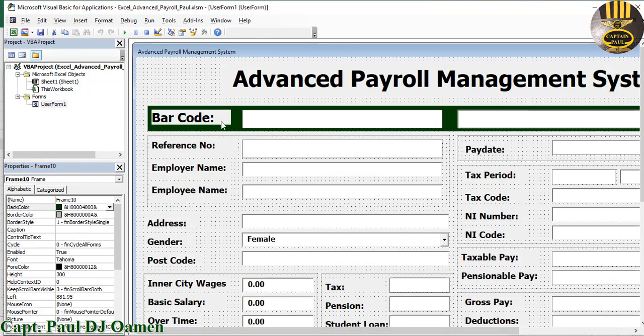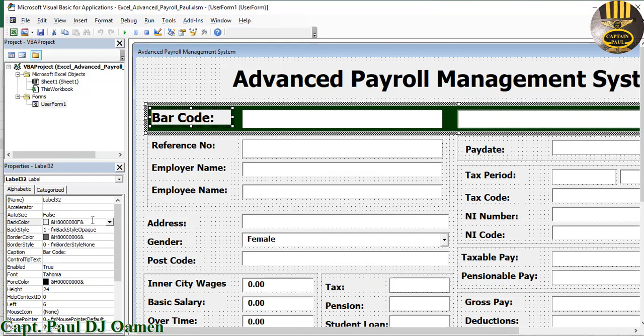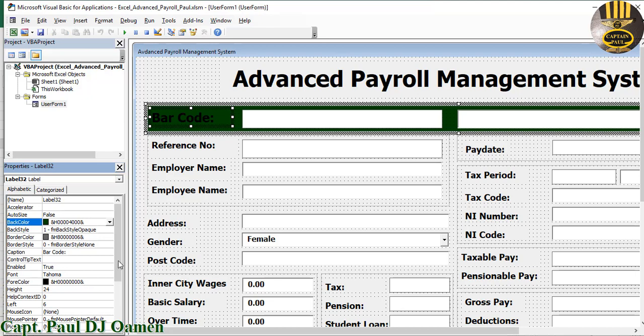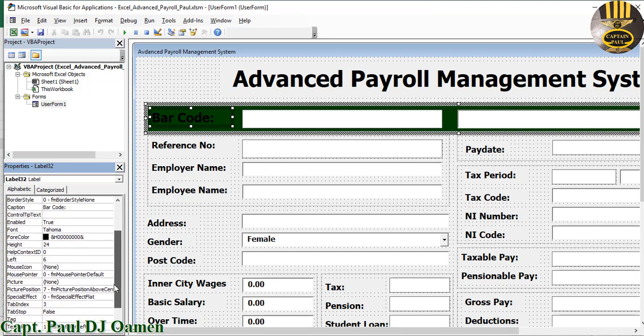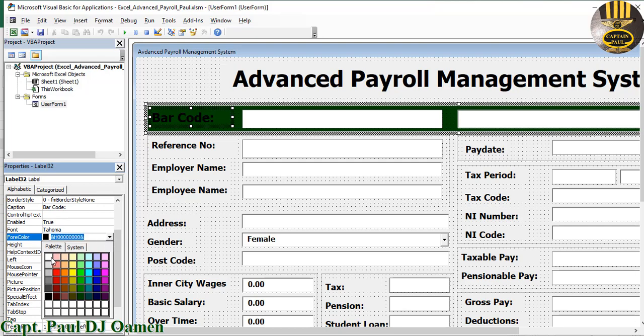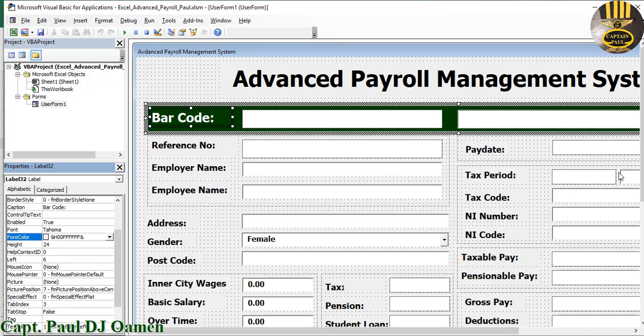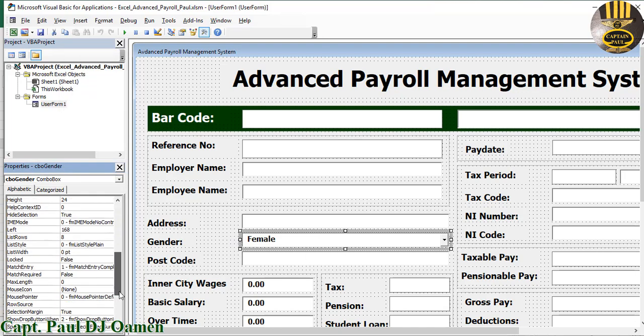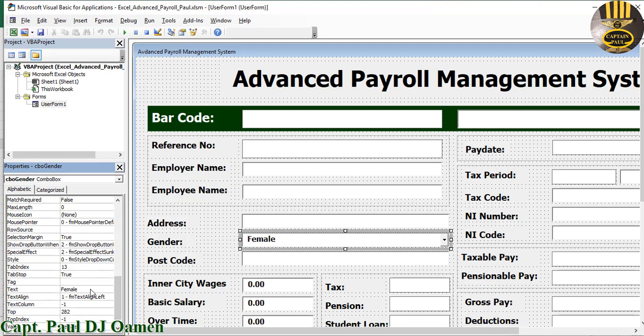Right, and this one I'm going to change the back color as well to green. Now the font, let's make it white. Very good. Now you see this, I just have female in there inside the text box as the default,